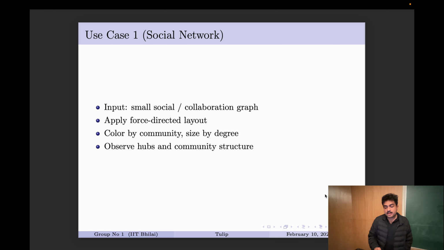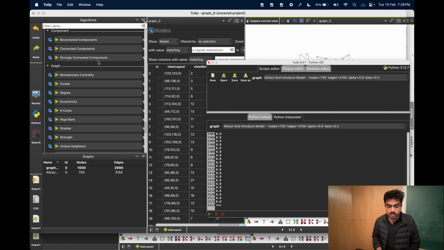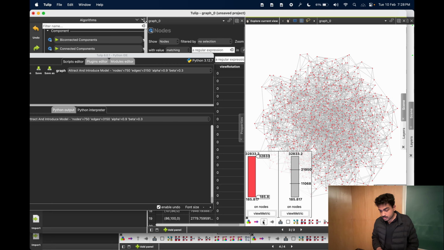Other is size by degree. We did size by degree, yes, size of the interaction. Color by community. So for example, how well connected you are, for that we use betweenness centrality. So we get the metrics here, and then here we change the size accordingly. So for example,